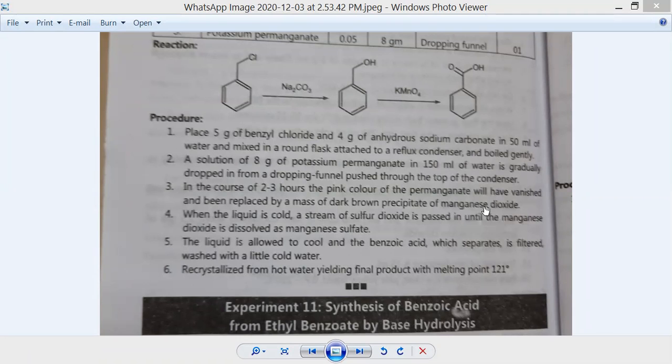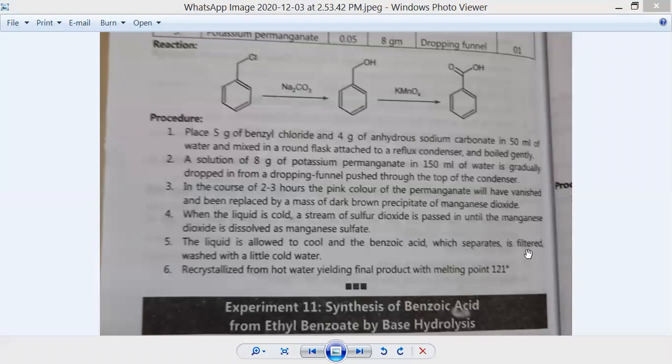To remove this manganese dioxide byproduct, we are going to pass a stream of sulfur dioxide. To remove the precipitate of manganese dioxide that has formed, we pass a stream of sulfur dioxide until the manganese dioxide is dissolved as manganese sulfate. That means, for the conversion of manganese dioxide into manganese sulfate, we have passed a stream of sulfur dioxide. This liquid we are going to cool and then reobtain the precipitate of